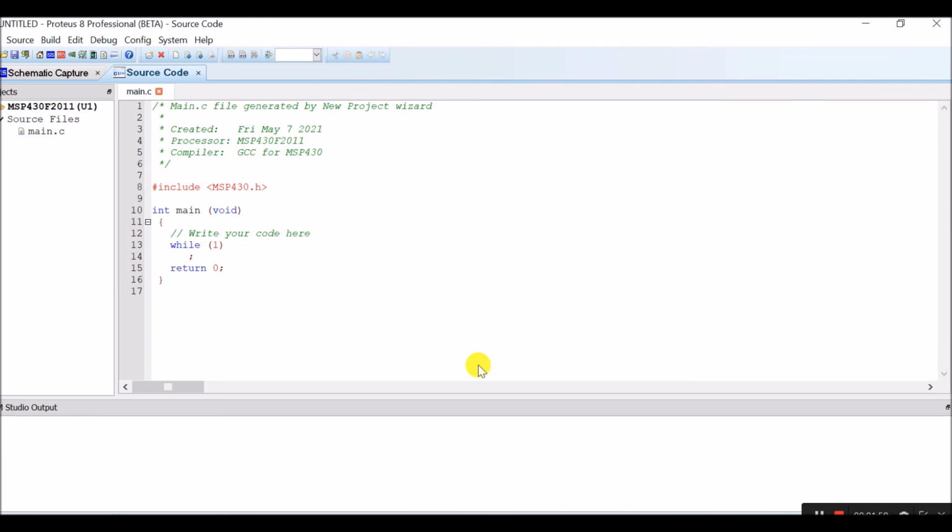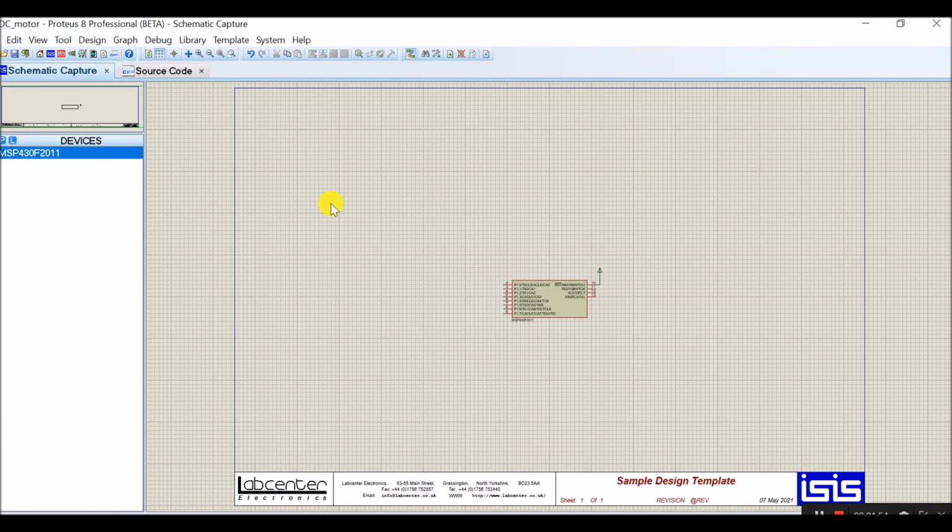Now here we have to write the code and this is the schematic capture. Here we will draw our circuit diagram. According to our requirement, we will complete our circuit diagram.